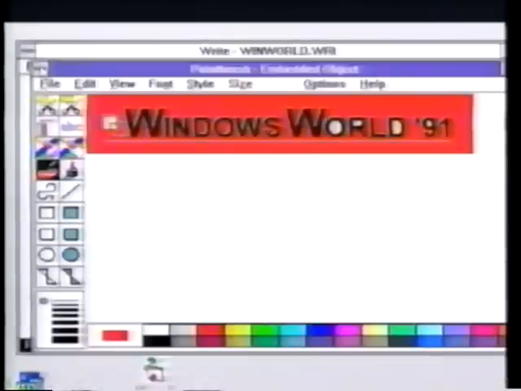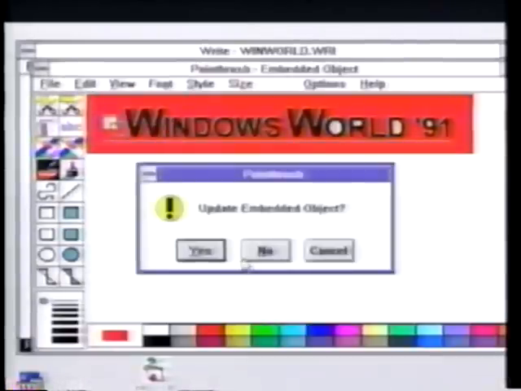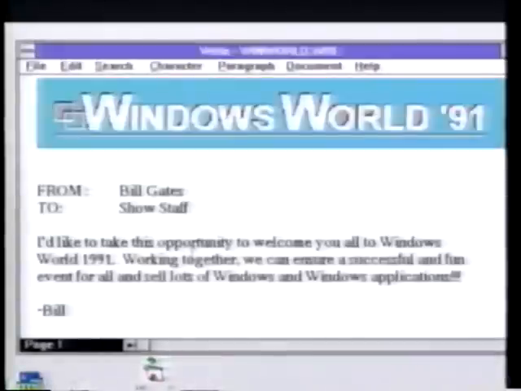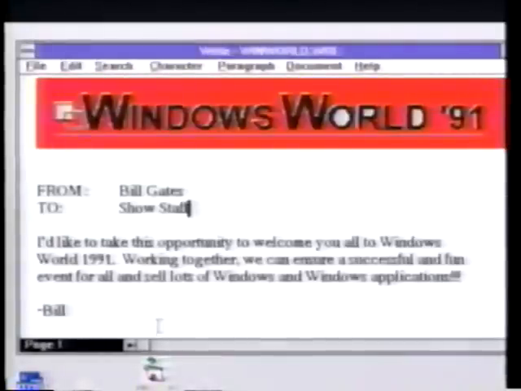And then when I exit Paintbrush, I get a message asking me if I should update the embedded object. I'll say yes, and then we'll see that that document is changed right away. This works for objects of all type, and in fact it's the key way that people will build voice messages